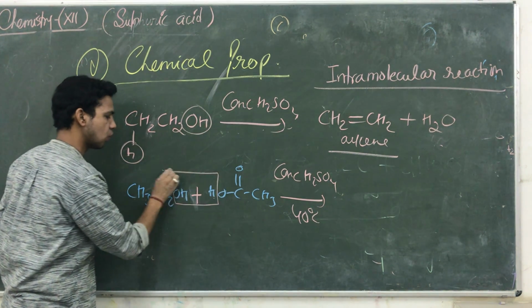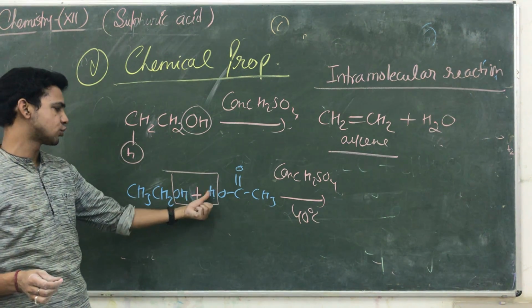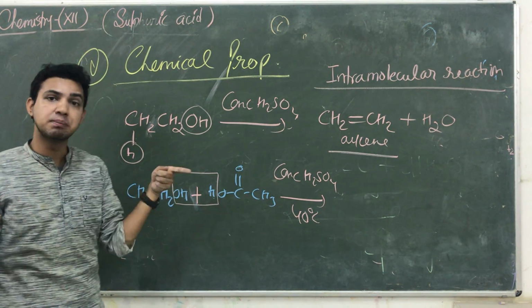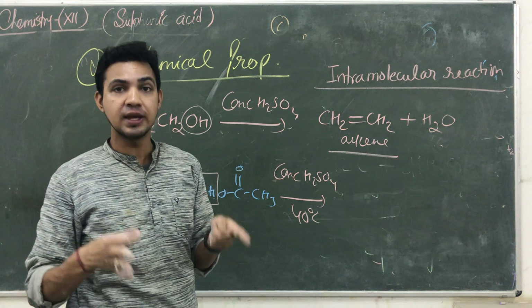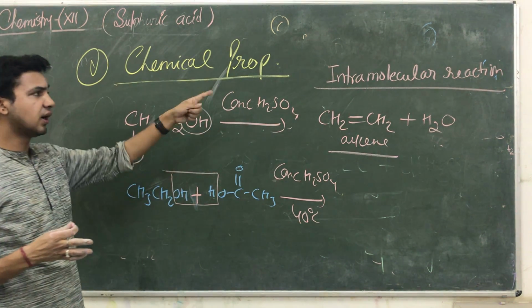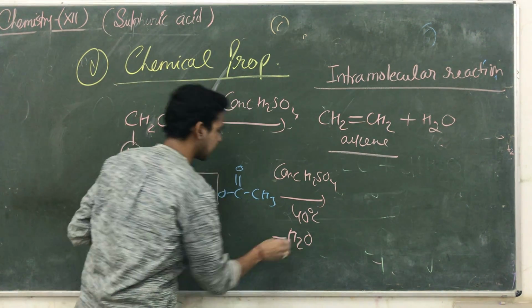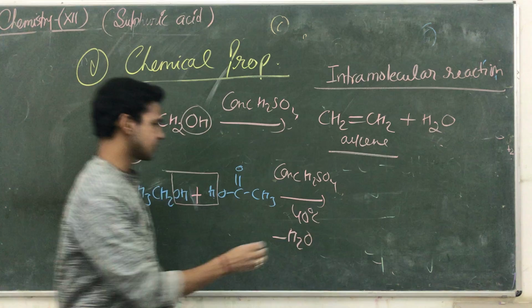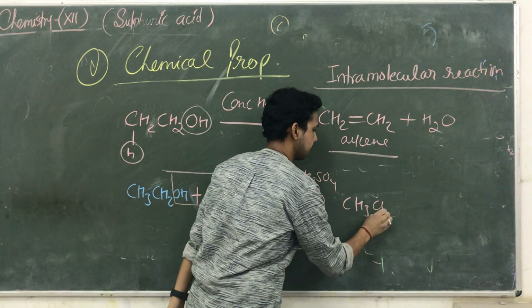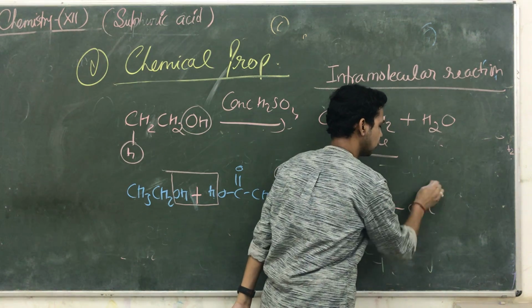OH, अल्कोहल giving you OH, एसिड giving you H, तो क्या बना? H2O. ये दो मॉलिक्यूल के बीच में चल रही है, इसीलिए इसको क्या कहेंगे? इंटरमॉलिक्यूलर रिएक्शंस. ये क्या था? इंट्रा. जब एक ही मॉलिक्यूल्स में चल रहा है, they give you minus H2O और क्या बना आपका? CH3CH2, क्या बना? O, C डबल बॉन्ड O CH3.